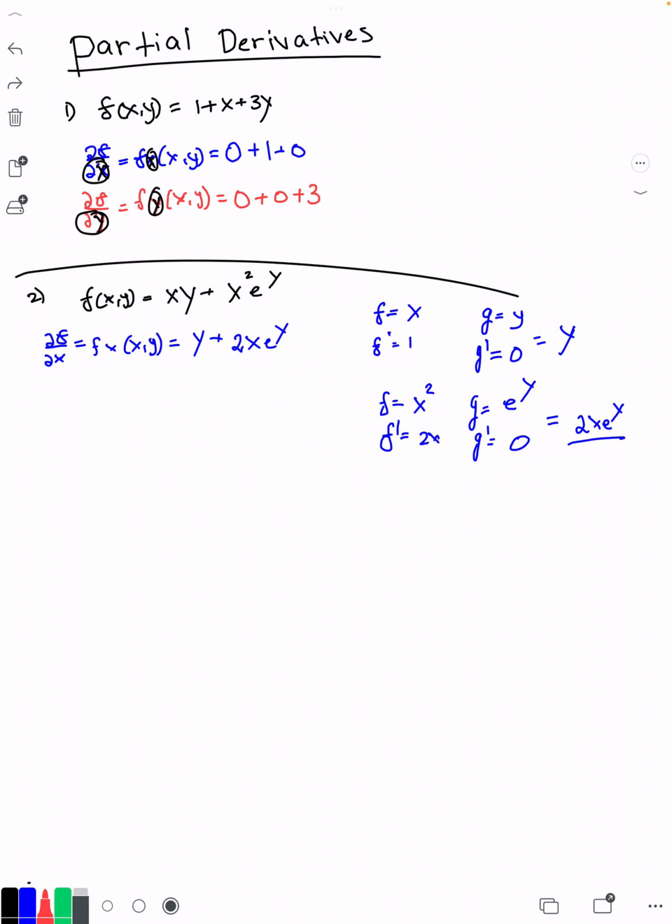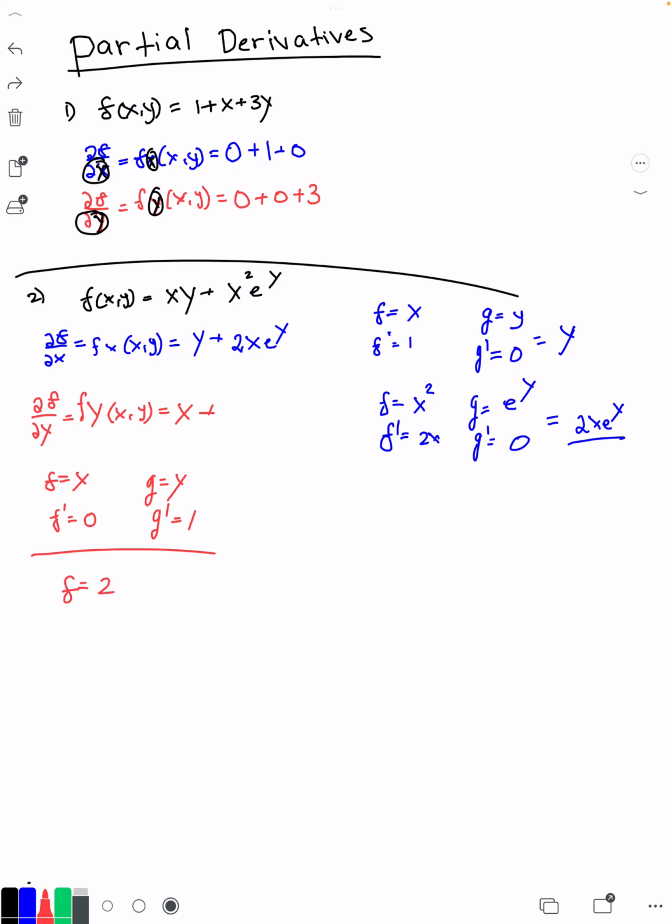Okay, now let's derive based on y. Again, make sure you write the notation right. Okay, so we have f is x, g is y. So in this scenario, x is going to become 0 because it's a number, we're deriving based on y, and y becomes 1. So 0 multiplied by y is 0, plus x multiplied by 1 is x, so we're going to be left with x, plus